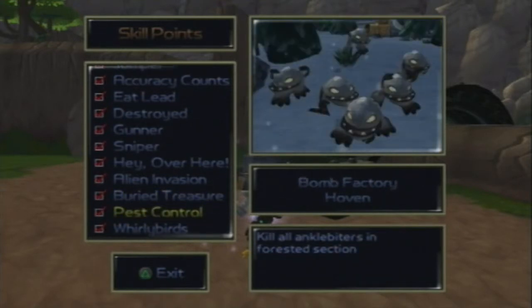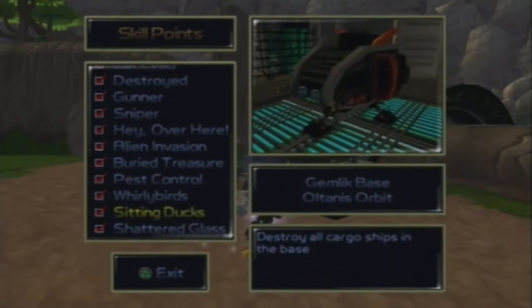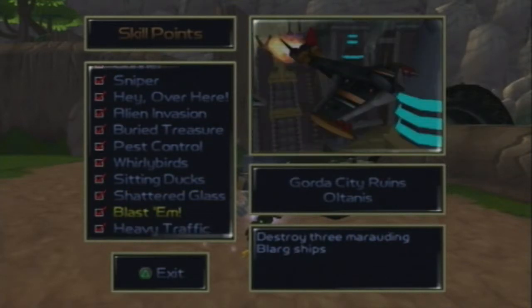Pest Control, kill all, sorry, I can't say it anymore. Ankle biters in the forest section. Worry Birds, destroy 5 helicopters with any weapon other than the turret. Seeding Ducks, destroy all cargo ships in the base. Shatter Glass, bust all the streetlights in the city. Blast Them, destroy the 3